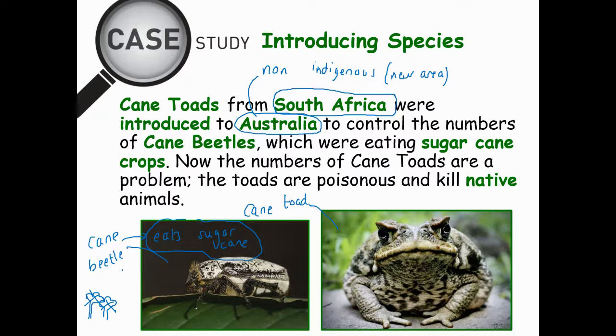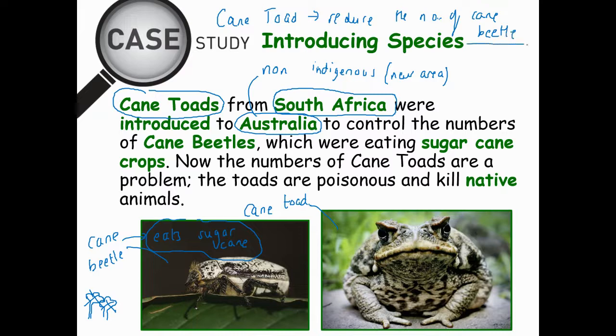And the reason all my sugarcane's gone, boys and girls, is because the cane beetle is a bit of a pest. Okay, now what they did then was they introduced a cane toad to Australia because what do you reckon the cane toad did? The cane toad, ideally, was meant to reduce the number of cane beetle, so everyone was happy. Yeah. Unfortunately, though, boys and girls, the cane toad is poisonous. Its skin's quite poisonous, and other species that were trying to eat the cane toads all died. It killed them.